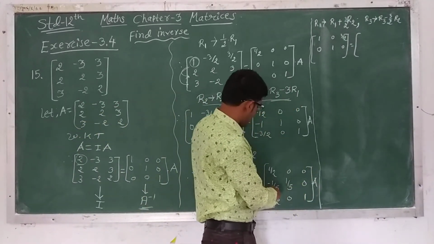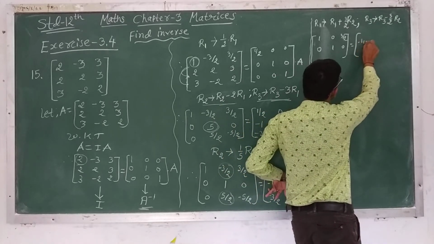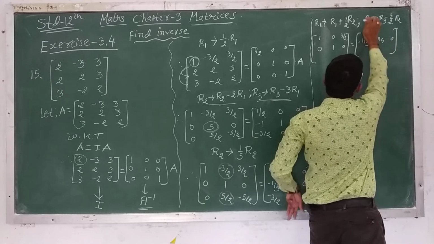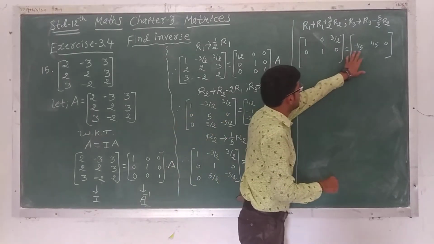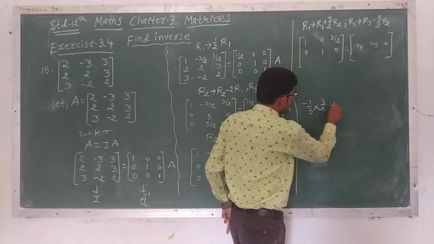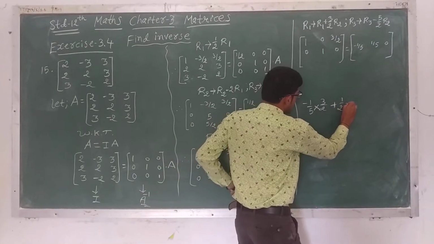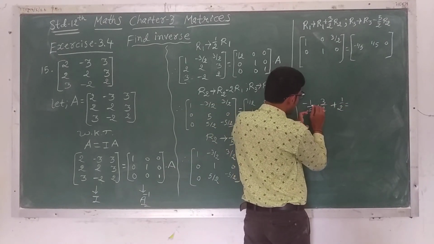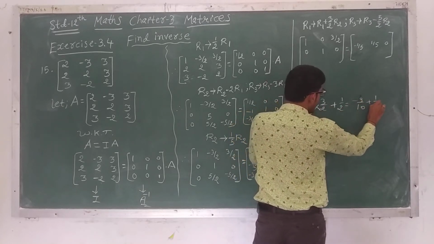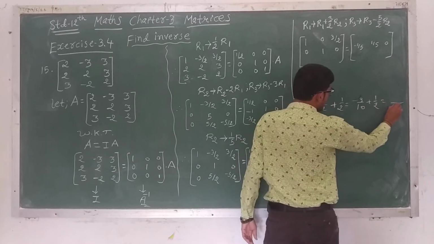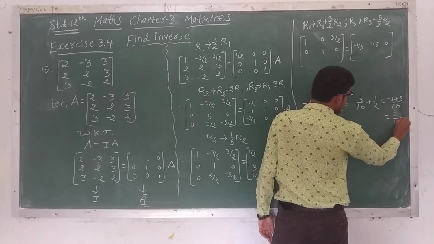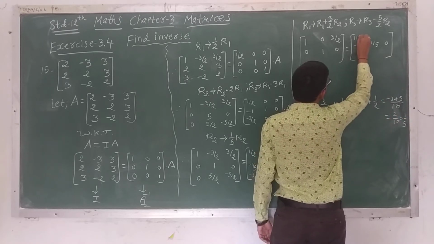Same operation we have to apply on right hand side. Here first of all we have to write second row minus 1 by 5. Second row as it is 1 by 5, 0. Okay. So here minus 1 by 5 multiplied by 3 by 2 and adding first row, so plus 1 by 2 is equal to, here we have to multiply by 1 by 5 into 3 by 2, so minus 3 by 10 plus 1 by 2. Now take LCM, so 10 here minus 3 plus 5 is equal to 2 by 10 is equal to 1 by 5. So here 1 by 5.